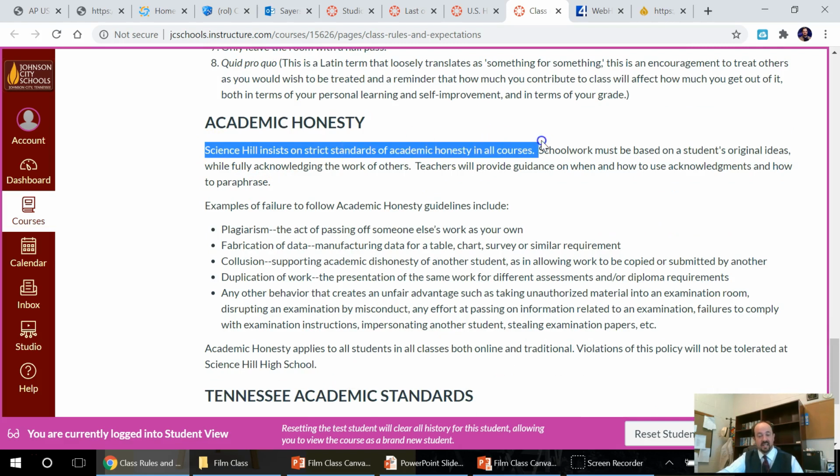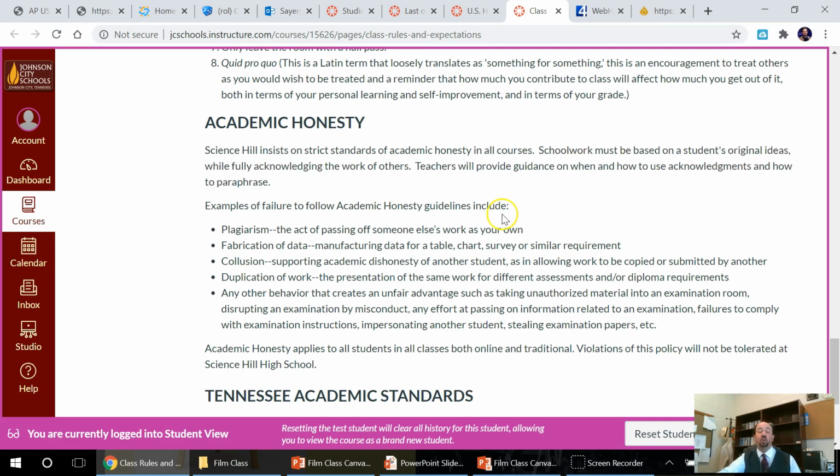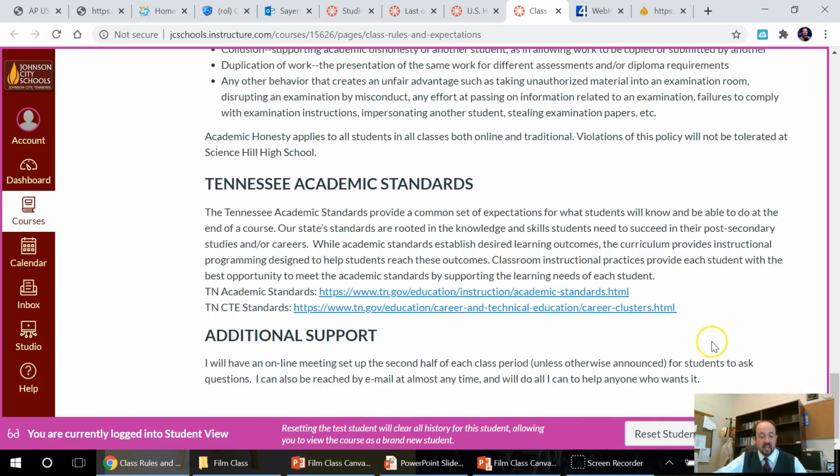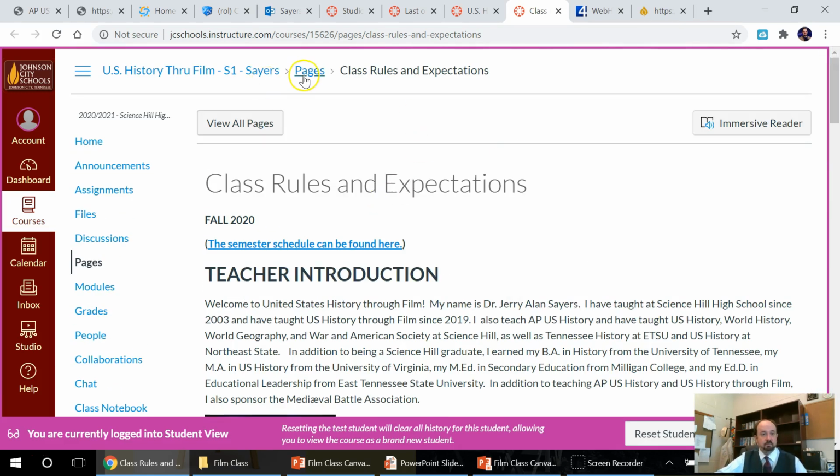We encourage you to practice academic honesty. You're allowed to assist each other with the video worksheets. Indeed, I encourage it. I encourage you to take your tests on your own. There'll be principally multiple choice, but there will be a writing assignment on most tests as well, and the tests will be timed, so please keep that in mind. I'll usually leave tests open for 24 hours. You can do them as best fits your schedule, but once you actually start the test, you must finish it within a set amount of time. If you need help, please email me, and I will do all that I can.